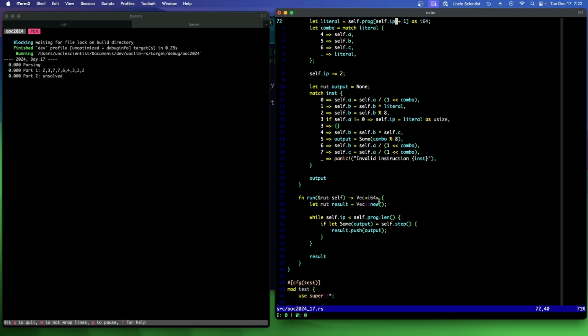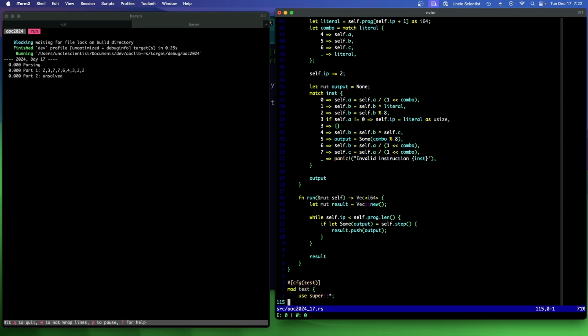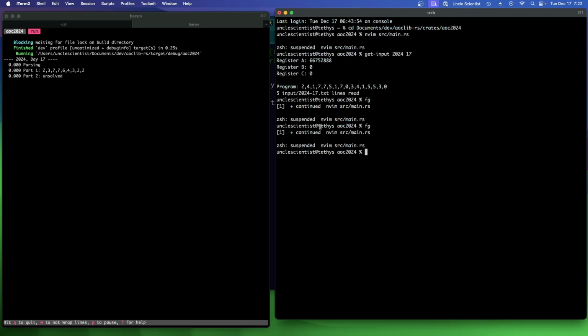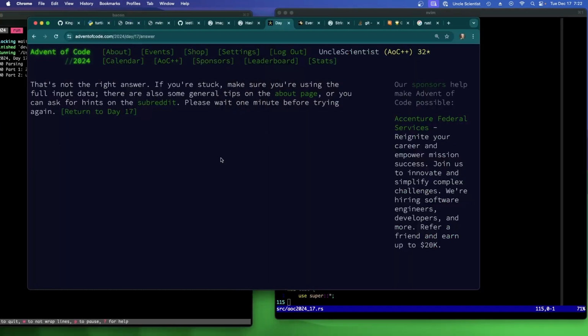Maybe there's one of these instructions that's not in here. Yeah, so this is testing 0, 5, and 3. And that's all it's testing, whereas our program is a little more complicated. We have 2, 1, 7, 1, 0. Okay, so there might be something I misunderstood here about